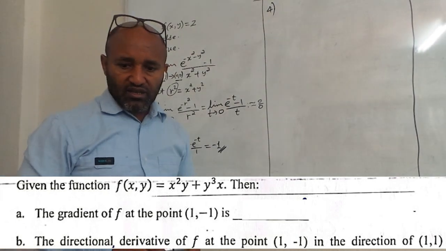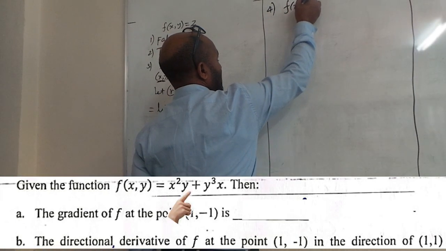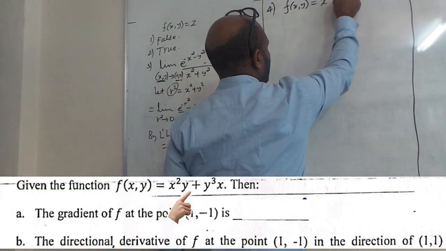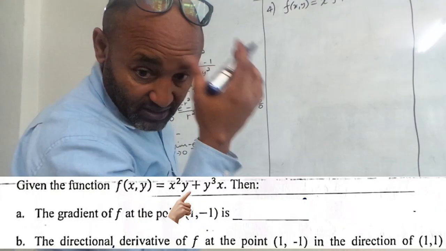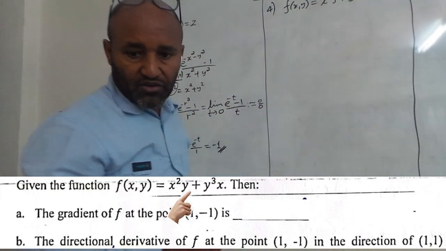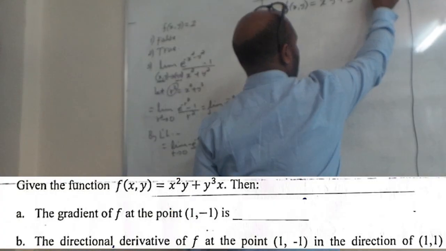Given the function f of x comma y, function f of x comma y is equal to x square y plus y cubed x. F of x comma y is given by this. It is a polynomial function. Then